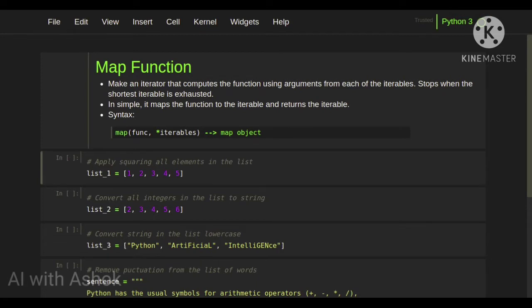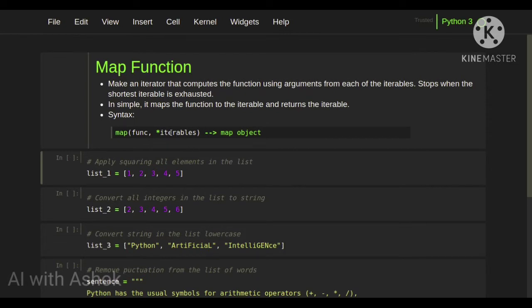It sounds confusing, but it is very easy. Let's see that. It will make an iterator that computes the function using arguments from each of the iterables. So it will take each element from an iterable and use it as an argument for this function, and stops when the shortest iterable is exhausted.